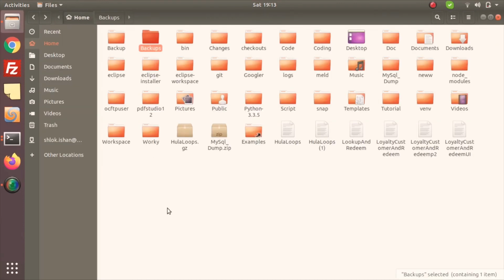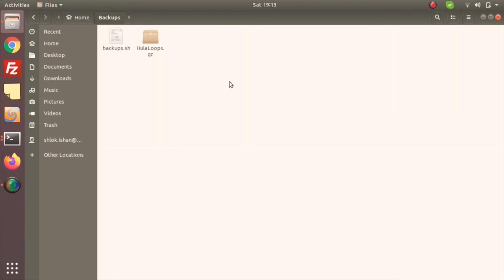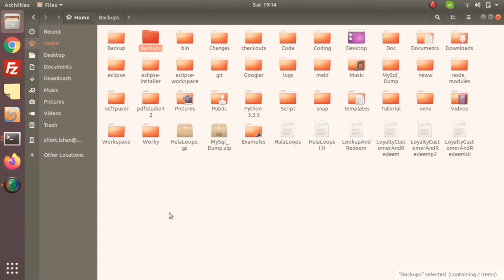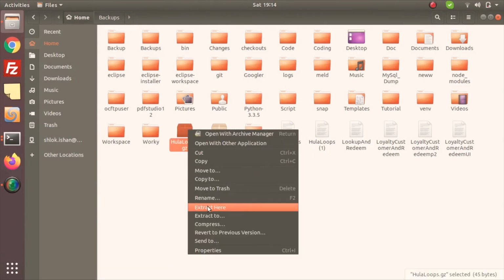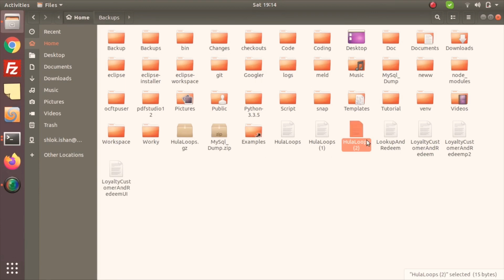So we will take hula loops from here and paste it in the backup to see whether it works. Yeah, as you can see, the file got converted to a gzip. And just to show you that it is working, extract here. So you can see that it is working.